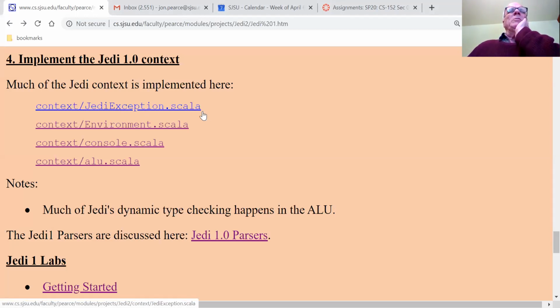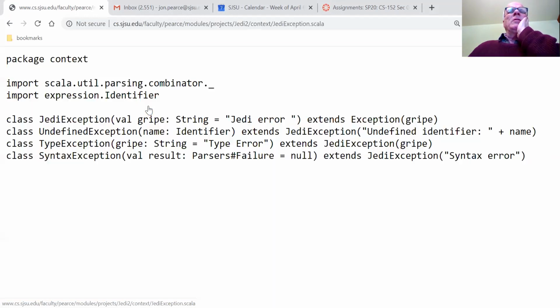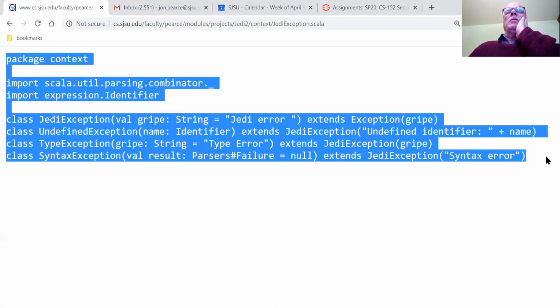So down here at the bottom, these are all some additional things that have to go into the context, the Jedi context. So let's say a few words about them. First is Jedi exception. I put all of my Jedi exceptions in